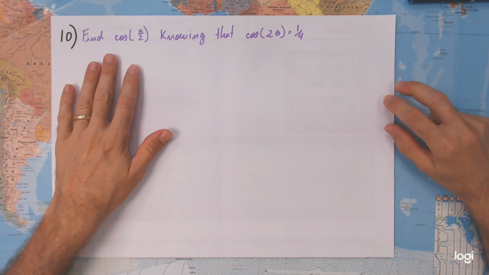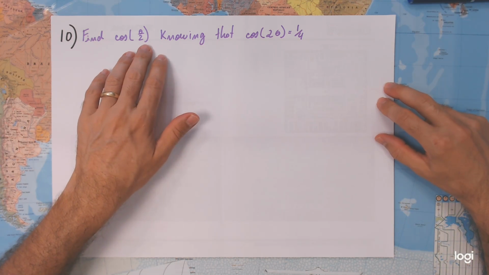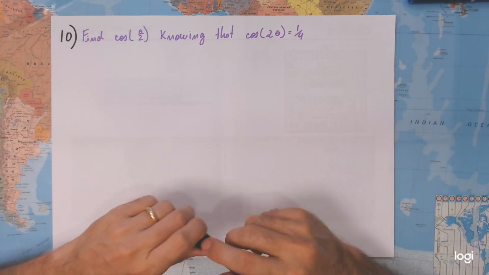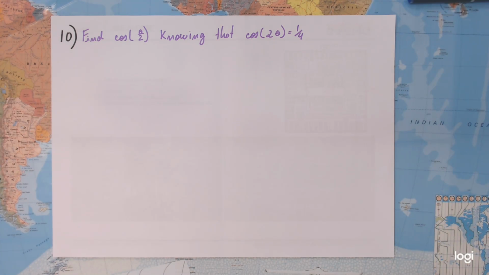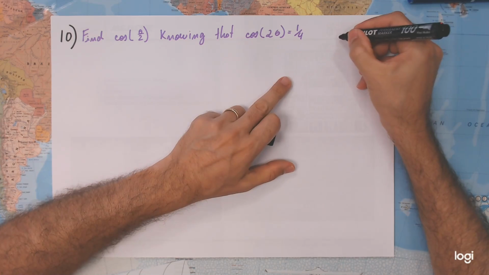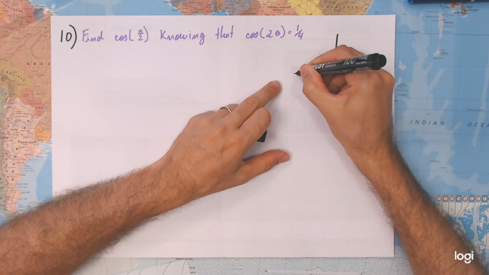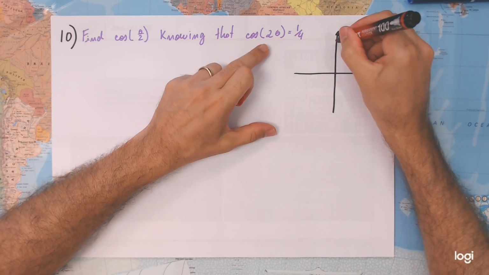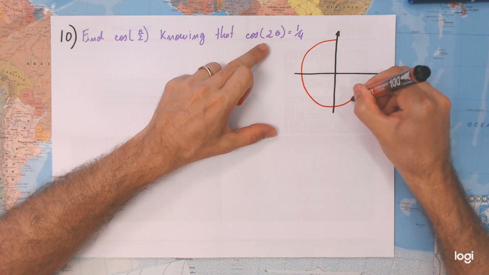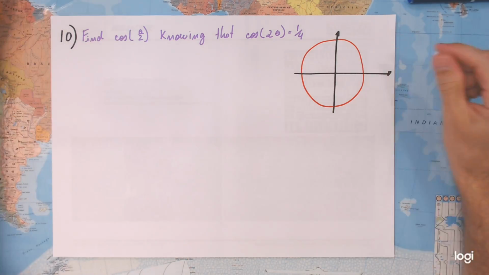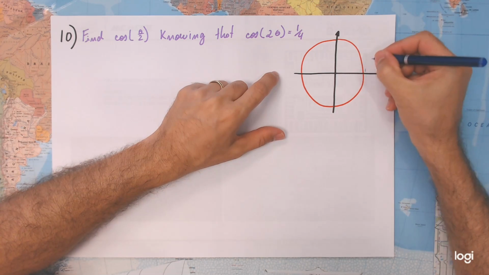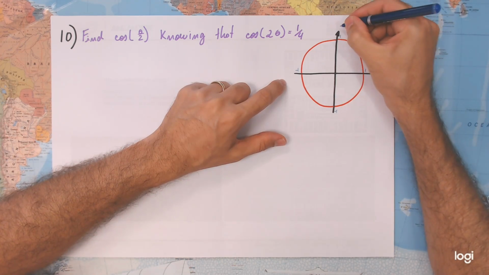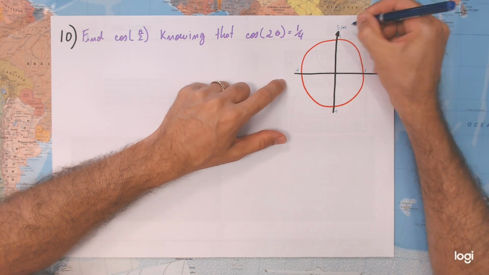Number 10. Find the cosine of theta over 2, knowing the cosine of 2 theta is 1/4. For this we have to acknowledge something. Let's make it very big in here. This is 1, 1, negative 1, negative 1. This is the cosine, this is the sine. Okay? Now,